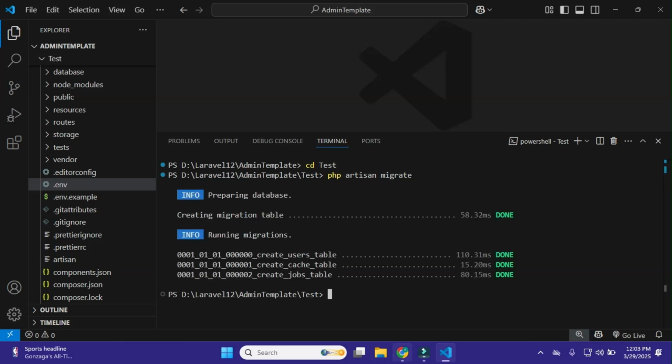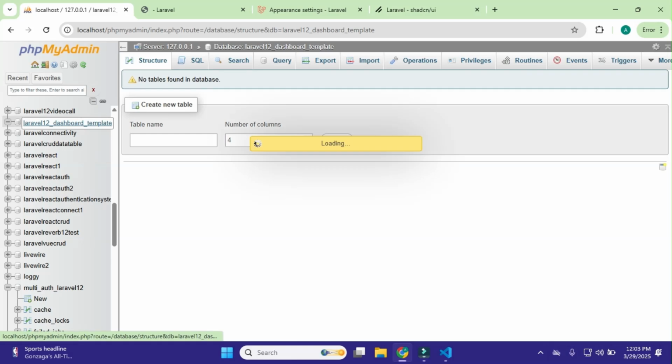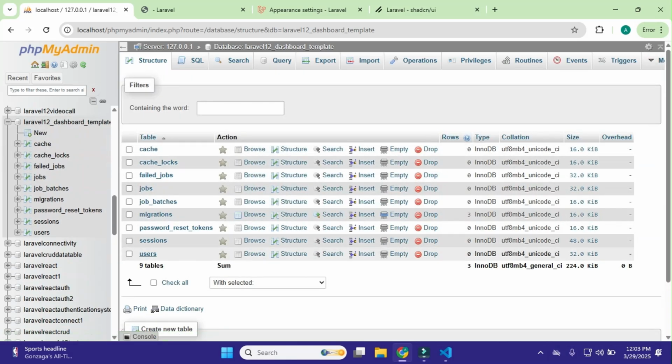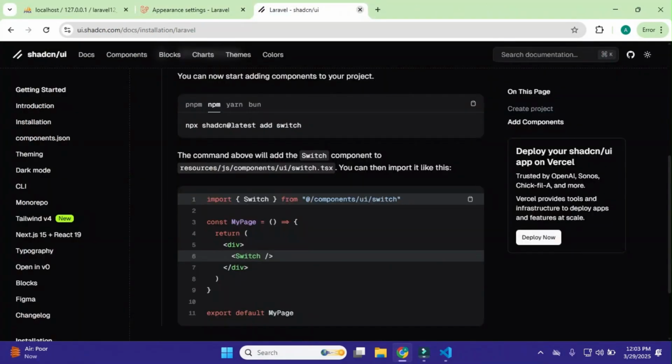And here you can see my migrations are run successfully, and now I have all the data here. So that's it, and now close this.